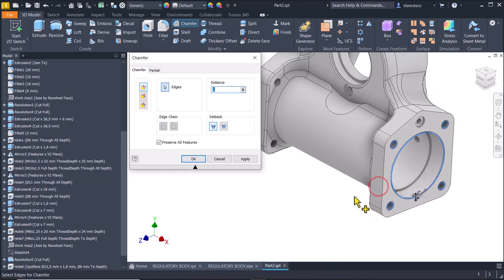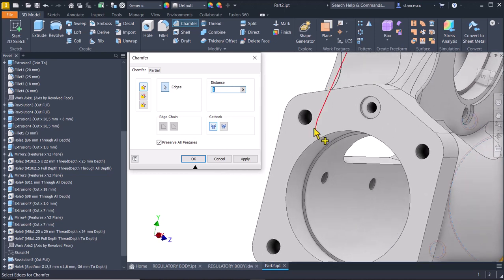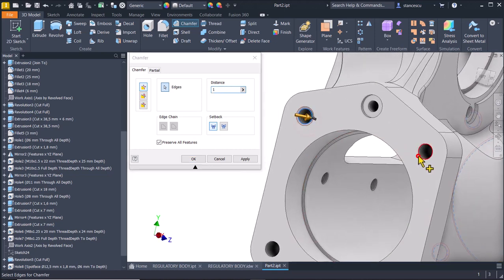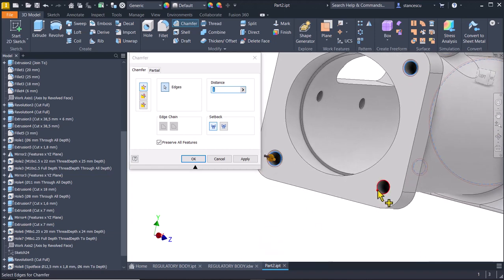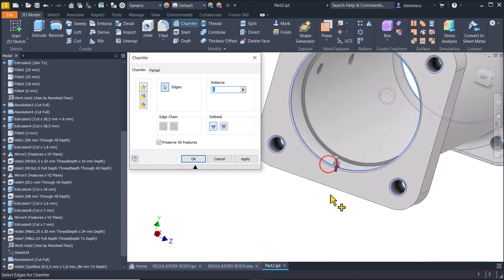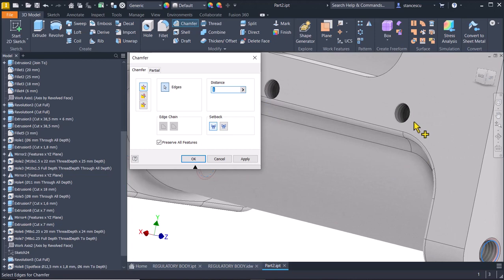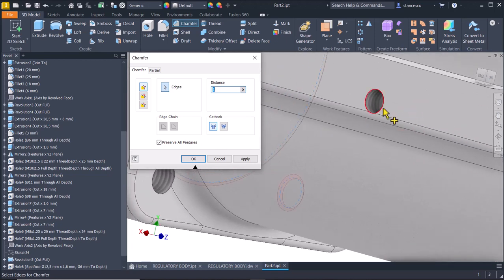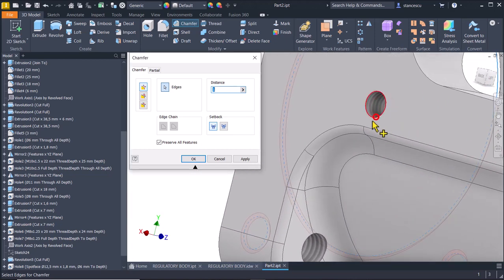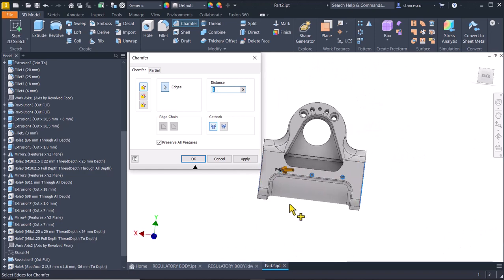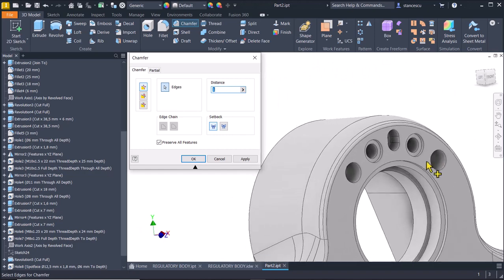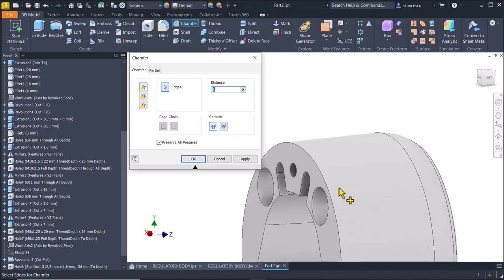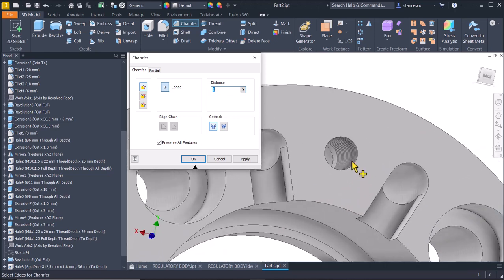Also this large one, also the large one, and 1, 2, 3 on the other face. The last is here at the thread. Okay,